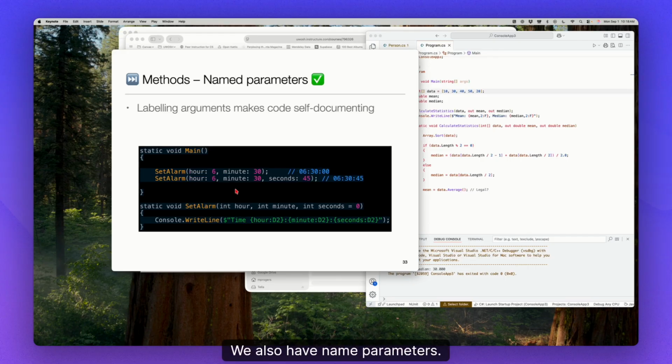We also have named parameters. This doesn't get a whole lot of use in C#. It gets used everywhere in Flutter and Dart. Again, if you're taking mobile application development, you'll be seeing this a lot. And it really is